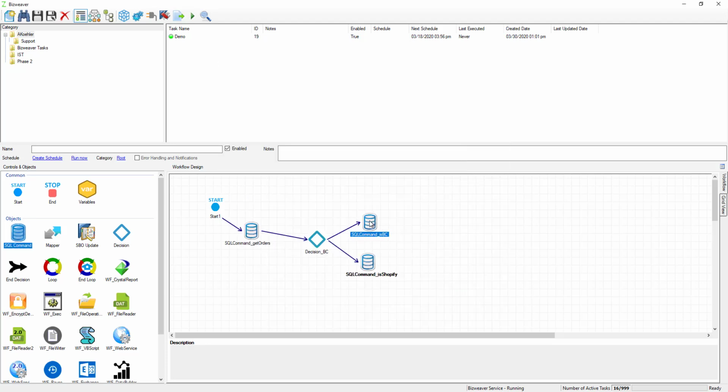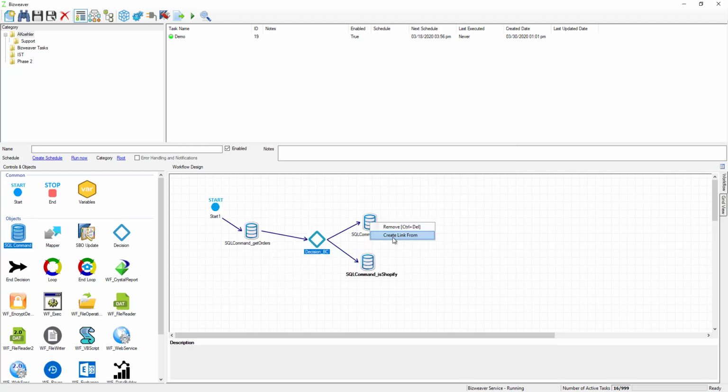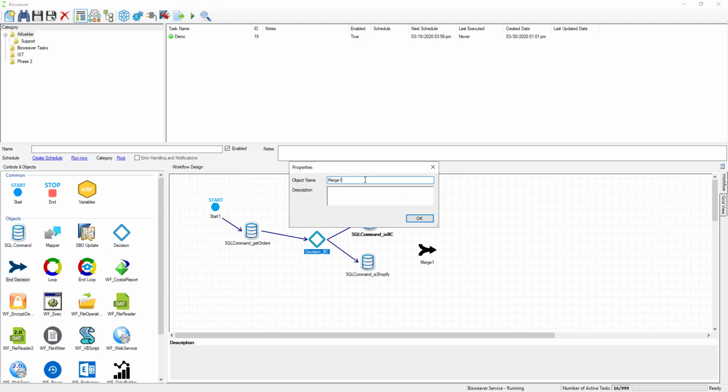Now with these decisions, we have to check to make sure they're connected. And in this case, the Shopify connector is, but the BigCommerce one isn't. So we're going to go ahead and make sure that is linked there. And now we're going to add our merge. Now, if that field does not have either of those options, it will skip over this whole decision. So if it's either not Shopify or not BigCommerce, we're going to just jump